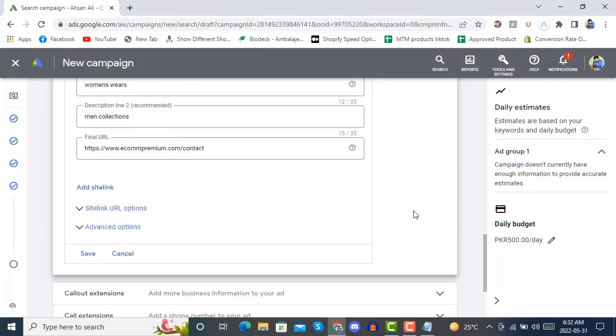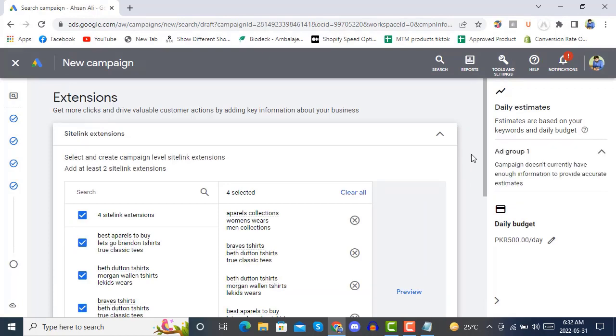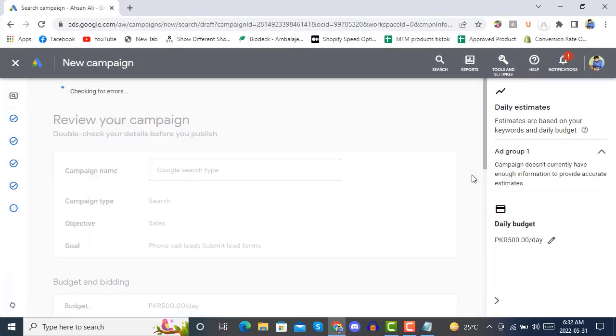So these requirements are fulfilled now. Okay, now it's giving us this thing. Once we click on next,